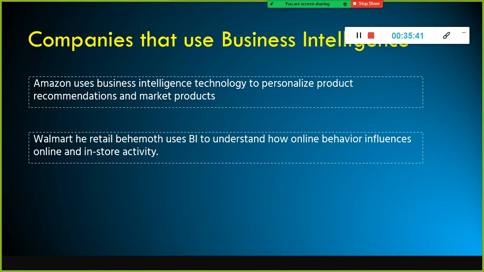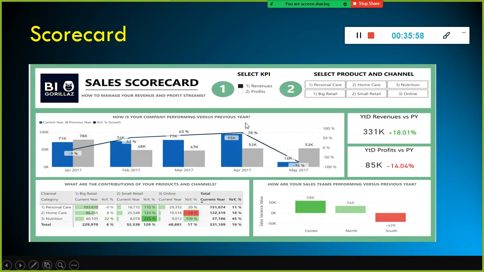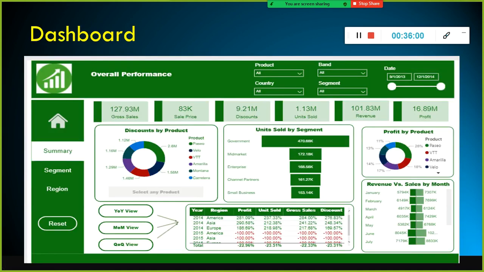Now you understood that using dashboard and scorecard, we are able to get actionable insights. What kind of insights? We gave more discount, we got more profitability in the case of Passio, right? But in general, except for this product, here we have given more discount, and the profitability is also on par with the discount.